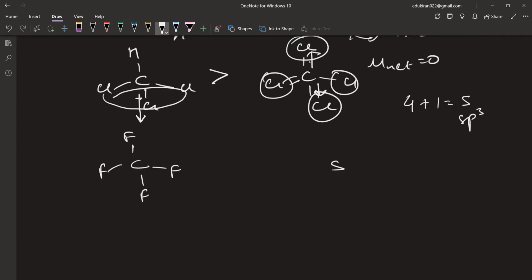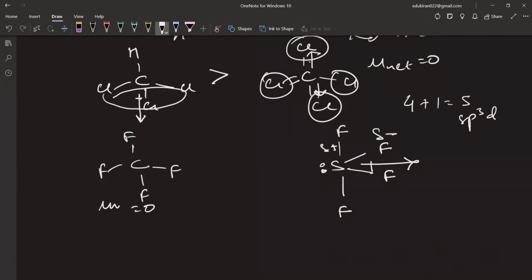So it will be sp3d. So you will be having this type of shape, you have fluorine here, fluorine here, fluorine here and fluorine here। यहाँ पे ये ऊपर वाला फ्लोरीन नीचे वाले फ्लोरीन को कैंसिल कर देगा, बट यू विल हैव अ नेट डाइपोल मोमेंट लाइक दिस बिकॉज इट इज डेल्टा नेगेटिव एंड दिस इज डेल्टा पॉजिटिव। यहाँ पे CF4 का नेट डाइपोल मोमेंट 0, यहाँ पे SF4 का ज्यादा है।